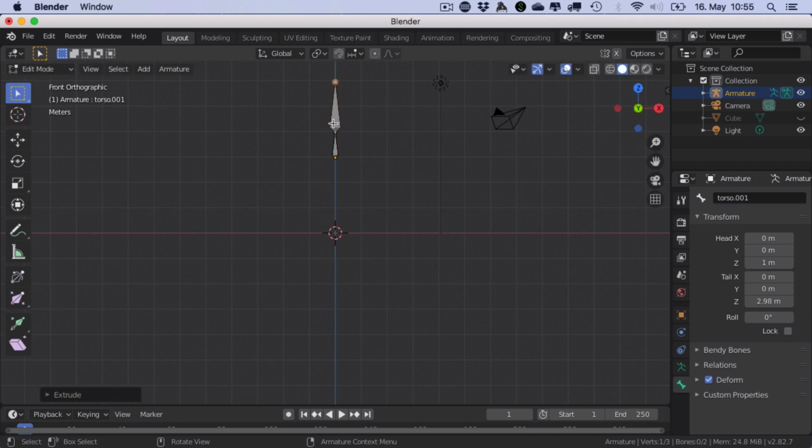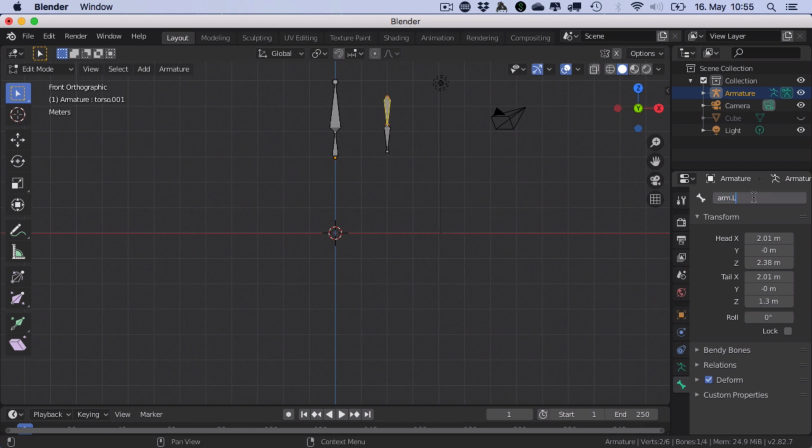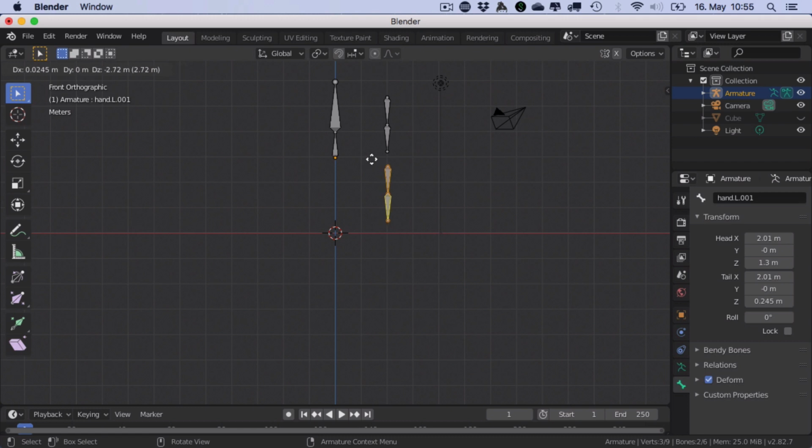Make it somewhat larger because this will be the head. Now take this one, extrude it, Z again, and move it over there. Extrude it again, and call this one arm.l, this one hand.l, and it's important that it's a capital L, a dot capital L, and duplicate these, put these over here,